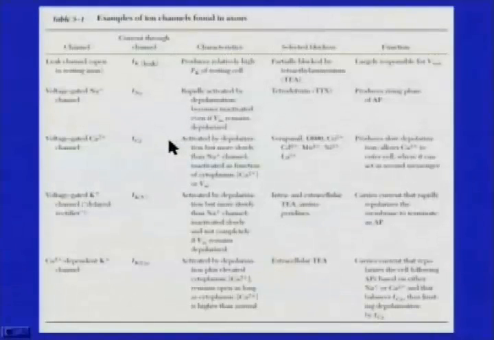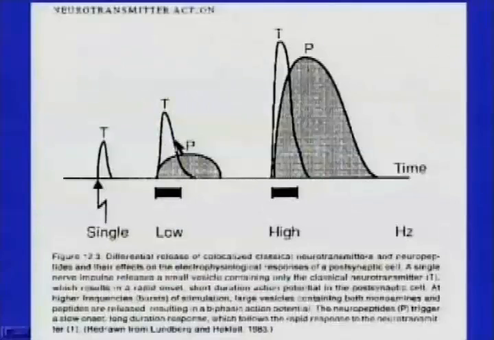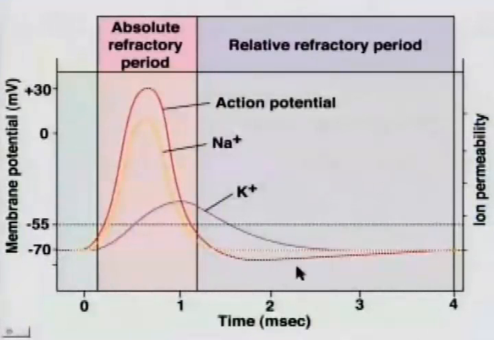And we'll talk about mechanisms by which you can shorten the relative refractory period without affecting the absolute refractory period of the neuronal action potential, and thereby making it more possible to bunch the action potentials all close together and reach a peak firing rate. So by altering action potential shape, we can affect the maximum potential firing rate of the neuron, as